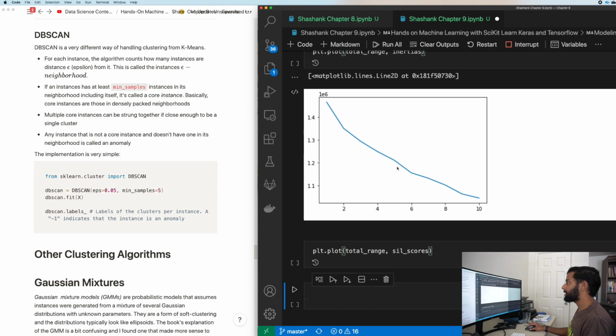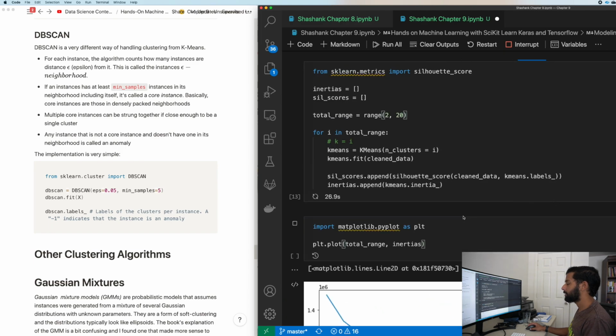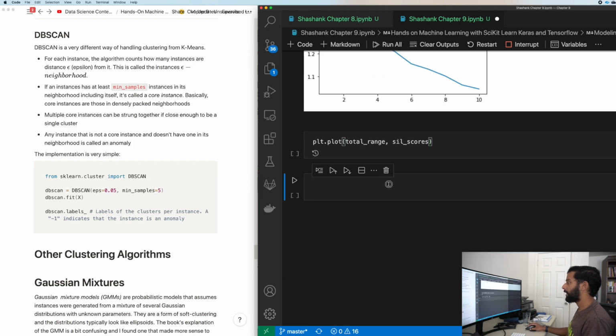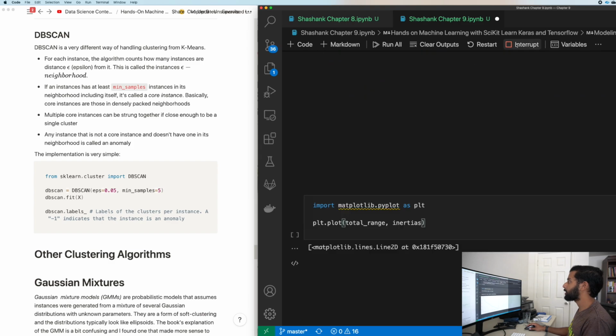What I'm guessing is that means that we haven't really hit the elbow quite yet. That could be what it means, because it is reducing quite rapidly, it looks like. Hopefully, it should be able to run 20 clusters relatively quickly. I wonder if I have... Oh, you know what? No, you know what I should do? Okay.